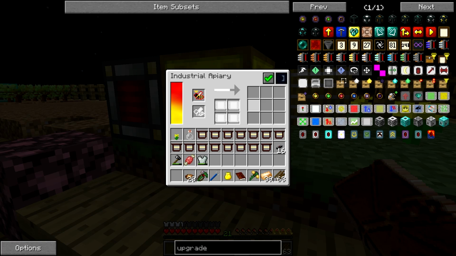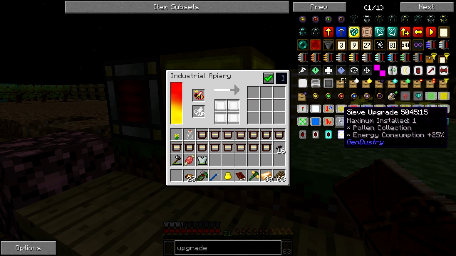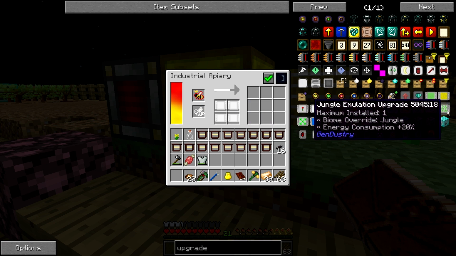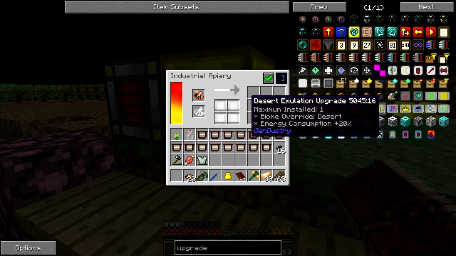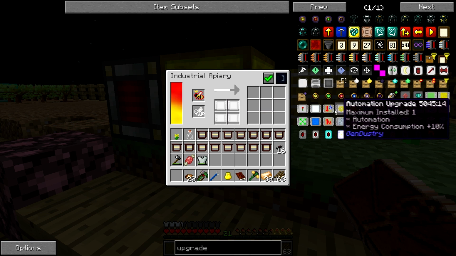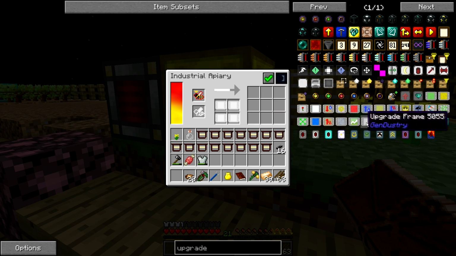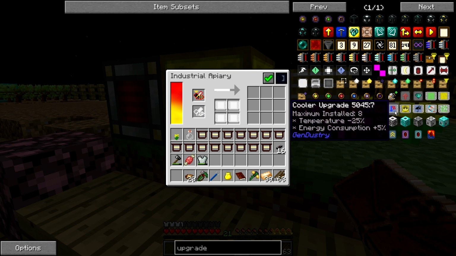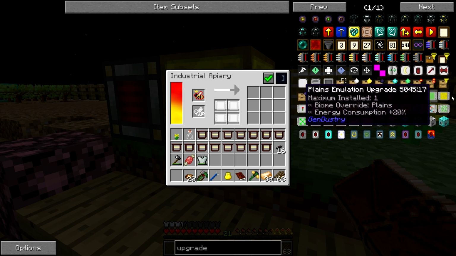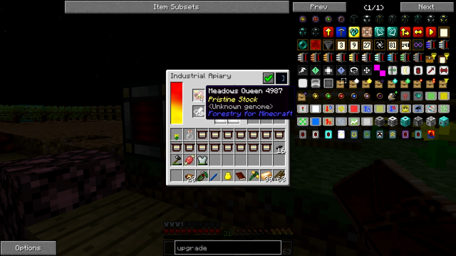But what you can do is put in upgrades, and so if I were to put in, where is there a night one? There's a night one. Lifespan, cooler, desert, humidifier, hell. Pretty sure there's a night one. Maybe there isn't. I thought there was. But yeah, you can put in the various upgrades to breed basically any type of bee